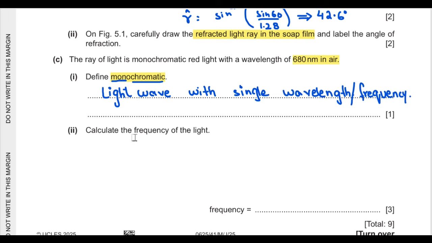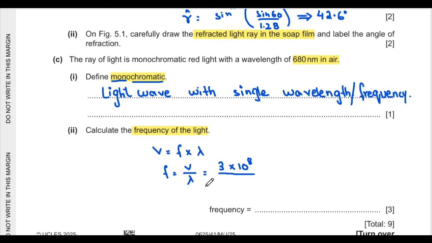The second part says calculate the frequency of the light. We can use the wave equation for it. Velocity is equal to frequency multiplied by wavelength. So if I want to get frequency, it would be velocity or speed divided by wavelength. Now the velocity of light is 3 times 10 raised to power 8 meters per second,